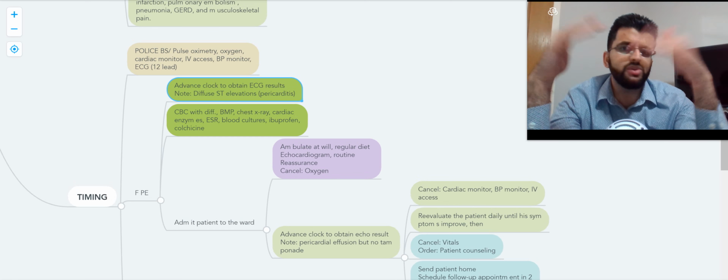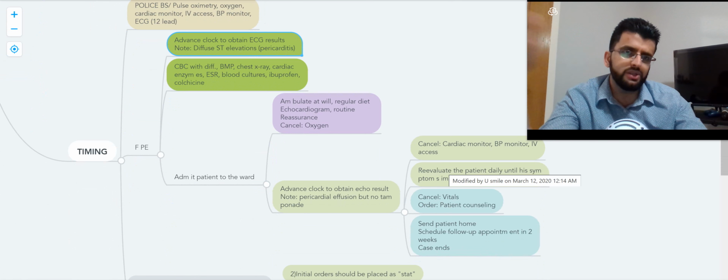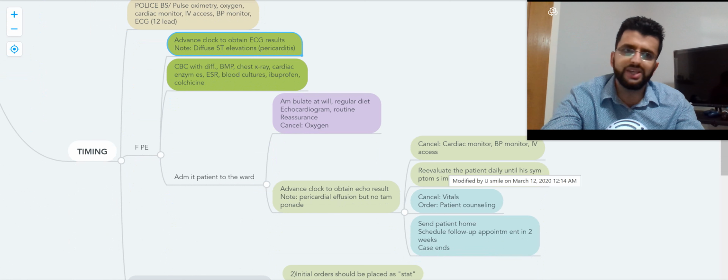Initially, non-steroidal and colchicine. Didn't work, then you add steroid. That's it. If there is an underlying renal failure, you manage the underlying cause. And that's the acute